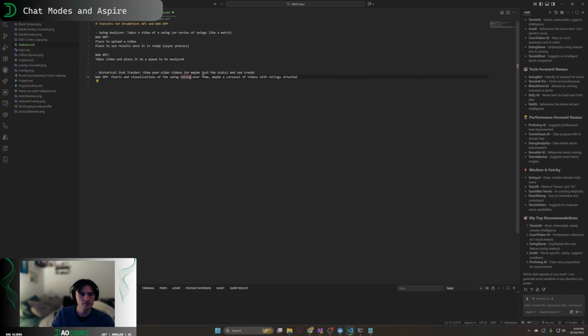Swing rating / coaching over time. Then let's see what else we want to do. And then the web API, this is pretty simple stuff of just pulling data from the database